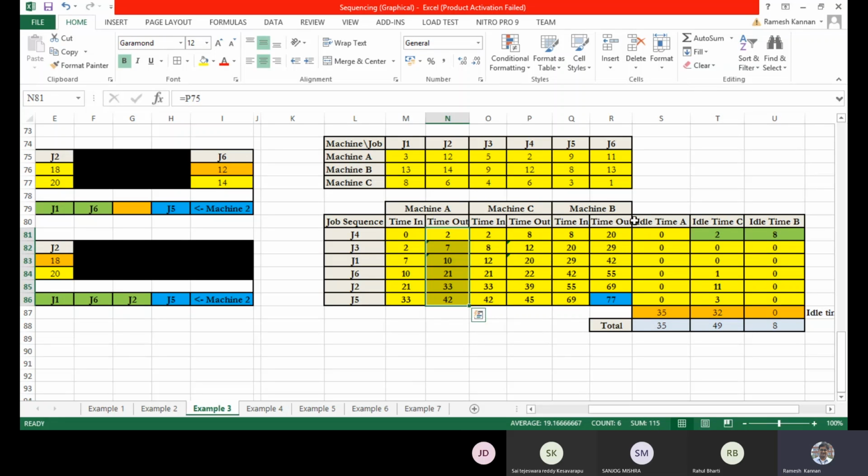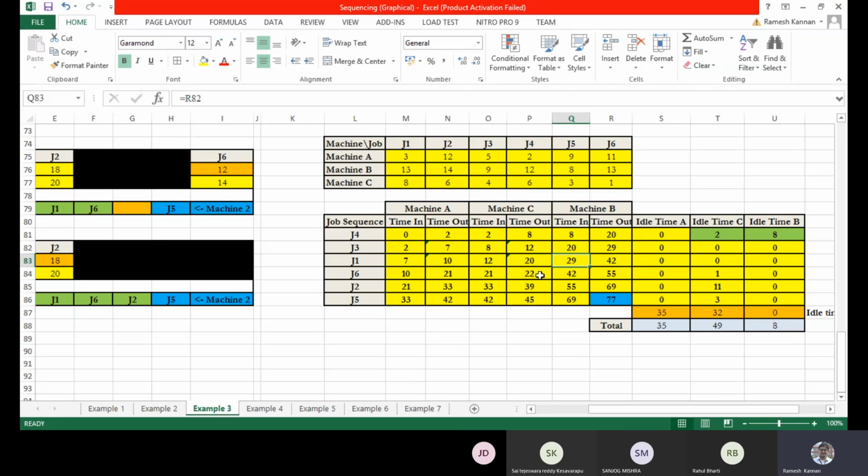So if you have multiple machines, then you should look into the previous machine for the dependency rather than the initial one. In this case, luckily, it's the first and the initial. So we looked into the dependency of this and we incorporated it. In this case, it should be this value. So 20 is greater than 12. So no problem. You can directly put in 20. So what is J3? J3 of B is 9. So 9 plus 20 is 29. And if you see here is 20, you can directly put 29.